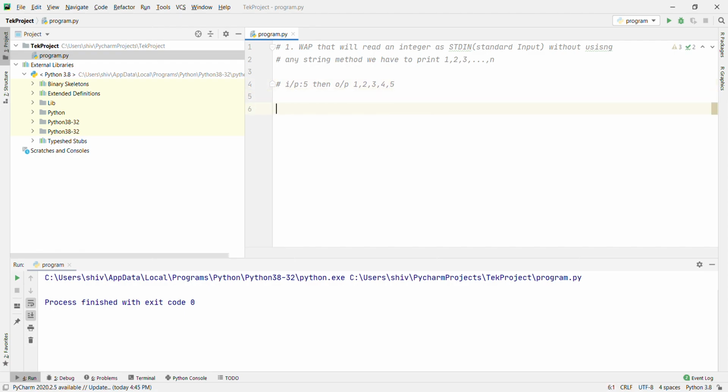I suggest you pause the video for a few minutes and try it yourself. Now, let's start with the input that we are going to take from the user. input equal to input, and the prompt: please enter any integer number.